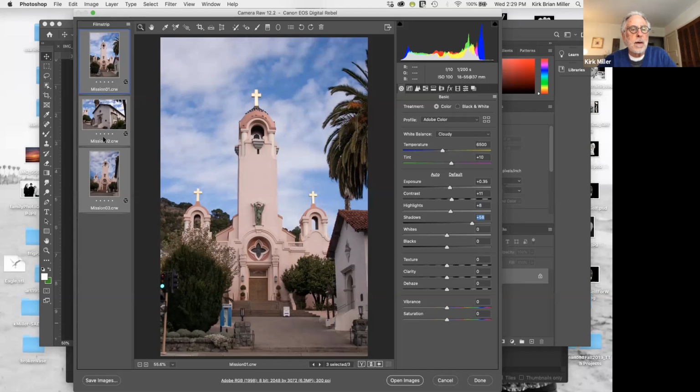If you look to the left, they are being adjusted to the same degree that this one is being adjusted. So again, I can add a little bit to clarity. I can add a little bit to vibrance. I can add a little bit to saturation. And if I'm happy with the settings of this, now